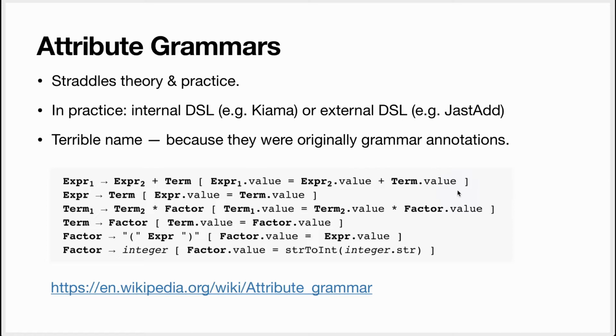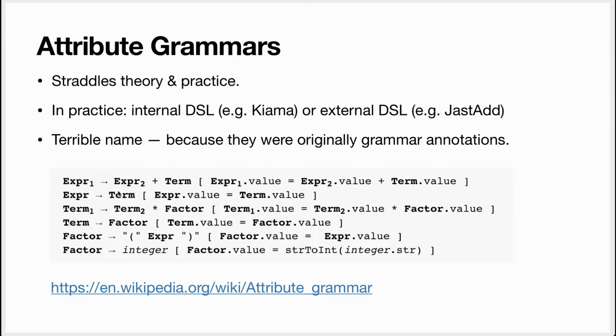Anyhow, this shows synthesized attributes. So for instance, you want to know the value of expr1, which is defined as expr2 plus term. Well, that value is the value of expr2 plus the value of term. Okay, so it's a synthesized attribute because using those attributes, which are the attributes of the children, you can compute the attributes of the parent. And how do you get those? Well, you just use the rule that's matched, like for term, the rule is there,